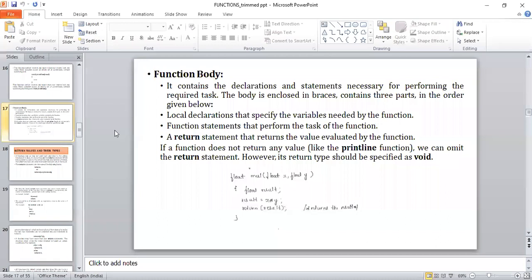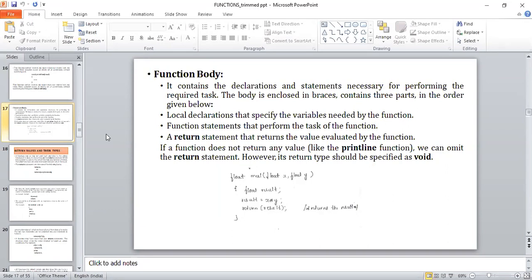So this program segment explains your function body. Here we have taken a function called multiplication, which performs multiplication of two numbers. What is the type of the multiplication function? It is float. What are the parameters or arguments we have considered? They are x and y, both of floating point type. What is the local variable we use here?